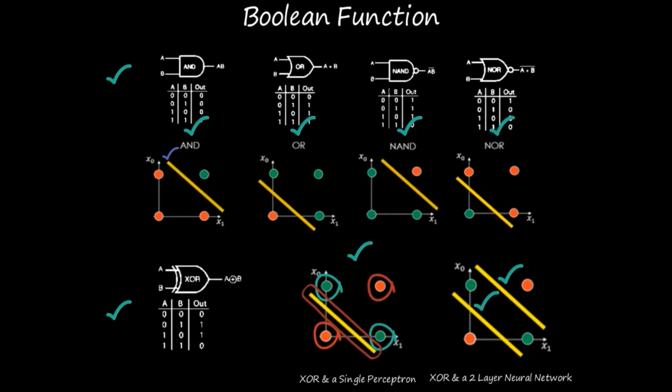So at this point of time, we will increase the number of layers, or we will increase the depth of the neural network. So here what I have done, here I have employed at least two layers of depth. So as a result, I have got these two boundaries by using which I can easily separate green and red ones. So that is the point I want to state. So whatever functionality we will use or whatever Python code we will write to classify this kind of Boolean function, it will not be the same for this kind of Boolean function. So this is my point.